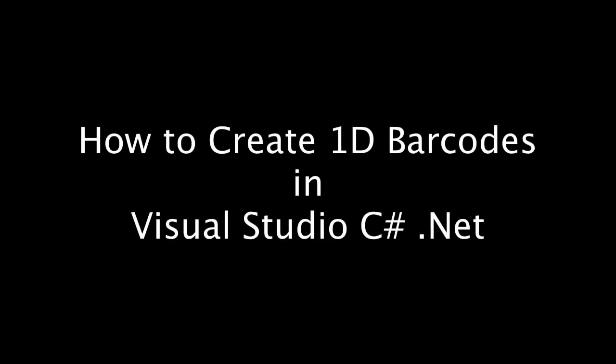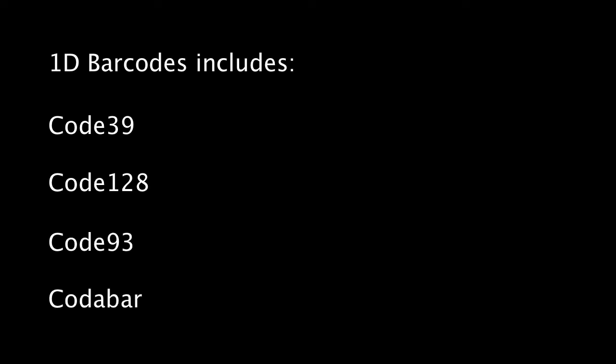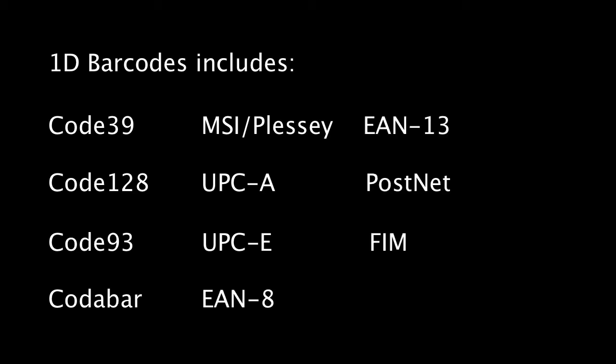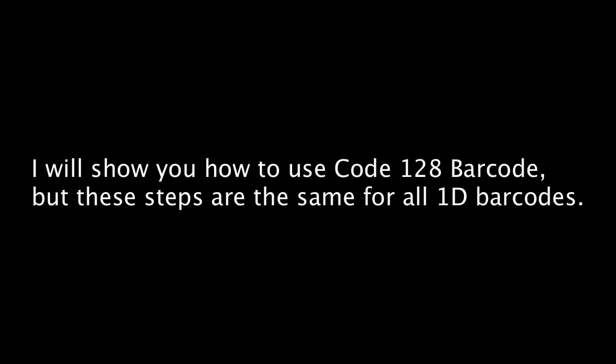Hi, in this tutorial, I will show you how to create 1D barcodes in Visual Studio C#.net. 1D barcodes include Code 39, Code 128, Code 93, Codabar, MSI Plessy, UPC-A, UPC-E, EAN8, EAN13, PostNet, FIM, and Interleaved 2 of 5 barcodes. Although in this tutorial, I will show you how to use the Code 128 barcode, but